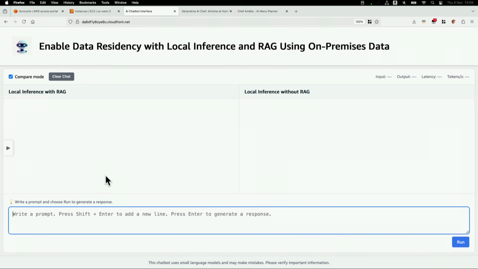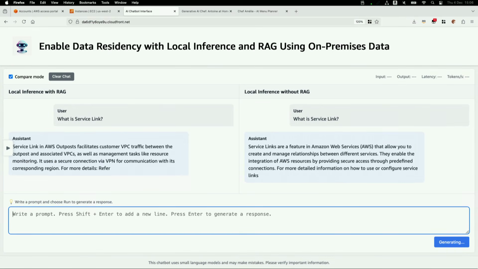So I can ask the question, what is service link? And in this RAG environment, we ingested AWS official documentation about local zones and outposts, and something about Bedrock. So when I'm asking about service link, in the system prompt we worked to define the chatbot so that it has the responsibility to use this information to answer the question.